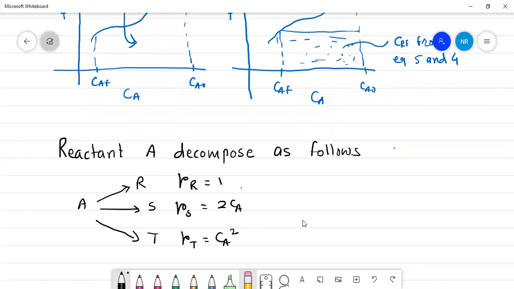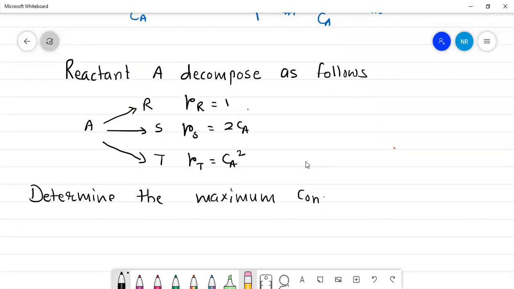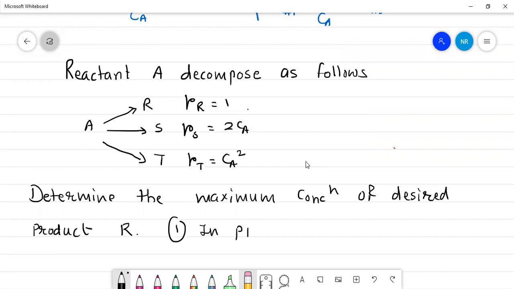Okay, first we write down, then we have said determine the maximum concentration of desired product, that is R is the desired product, R is the desired product, in a plug flow reactor,